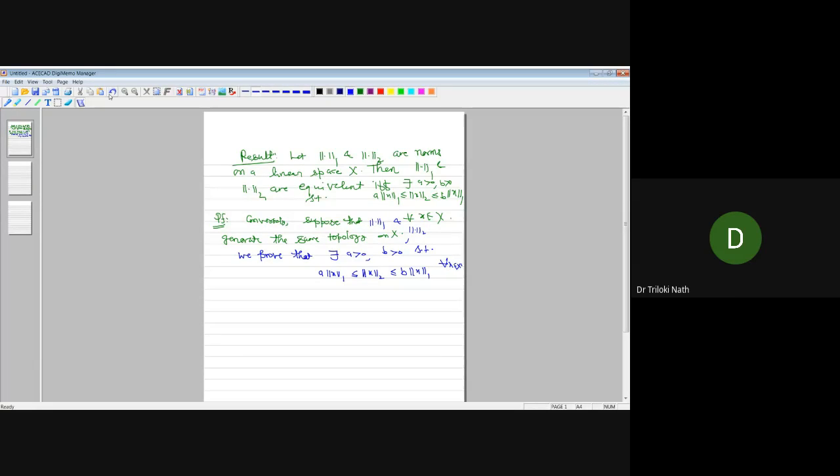Okay, so to prove this we need a lemma. What is the lemma? The lemma says: let norm 1 and norm 2 be two norms on X, where X is a linear space. Then for delta greater than 0, we have